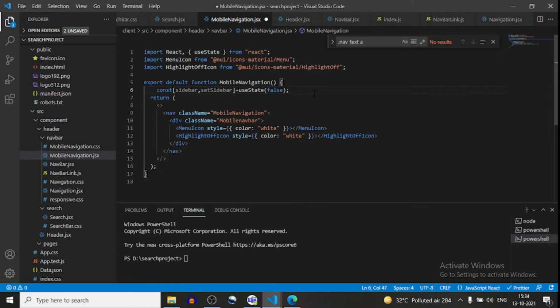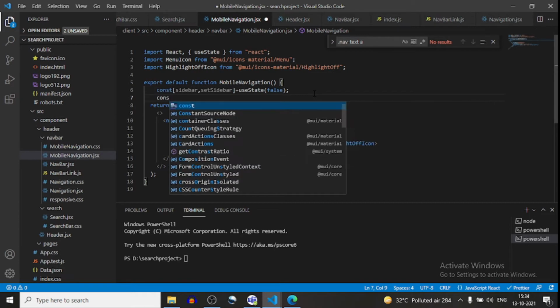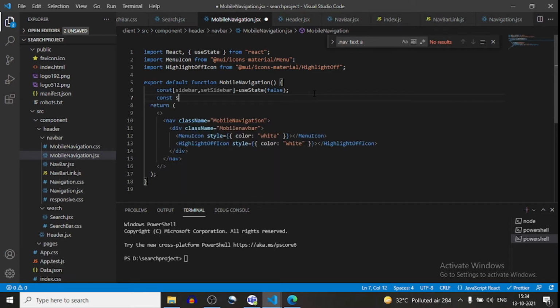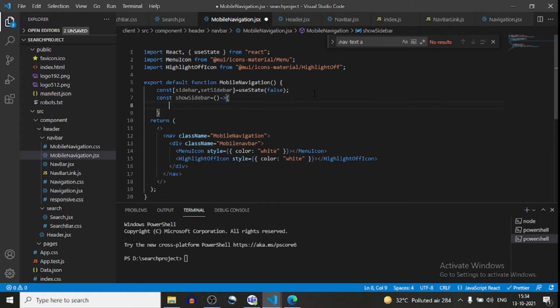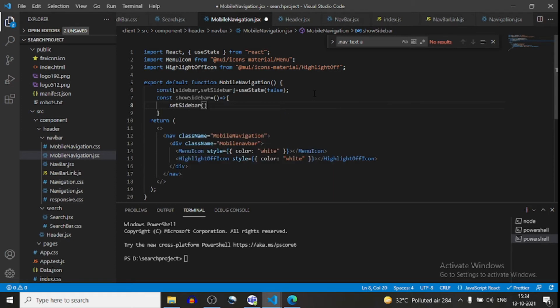Initially it's false. Now I will set const showSidebar equals an arrow function, and here I will set setSidebar to not equal sidebar. Now I will create a click function over here.